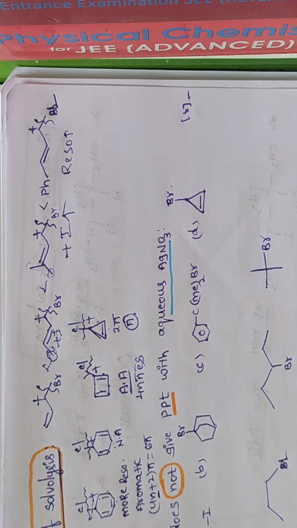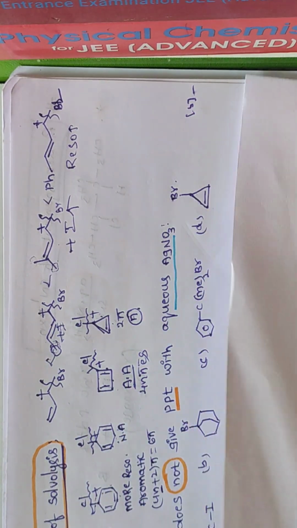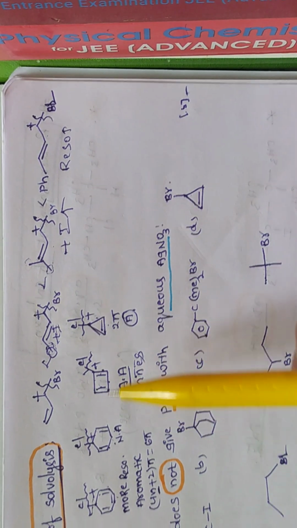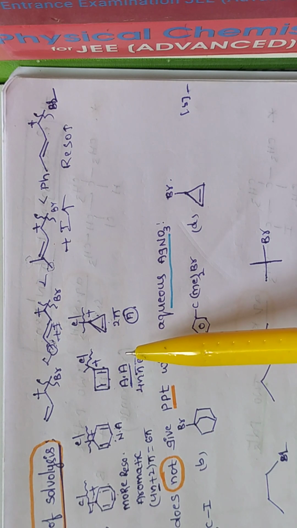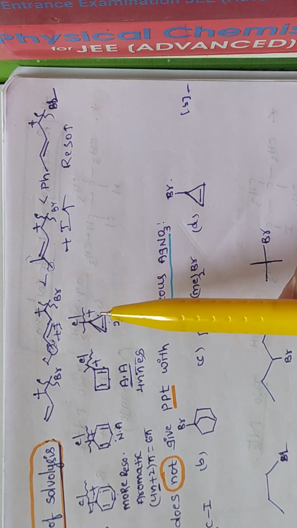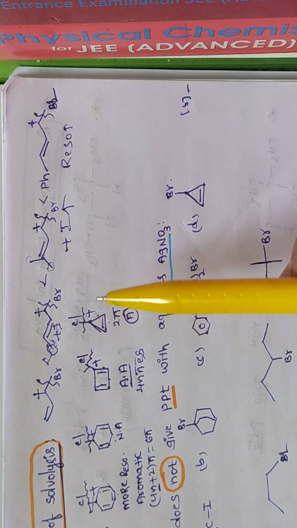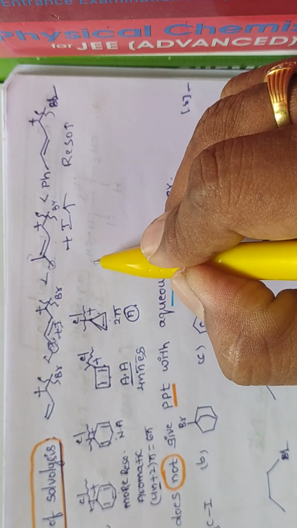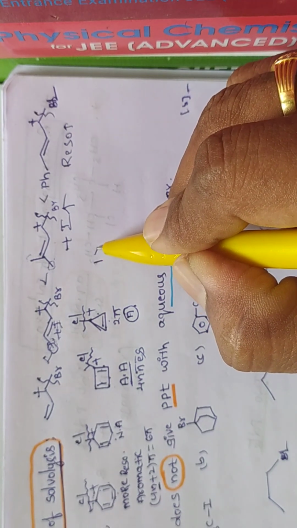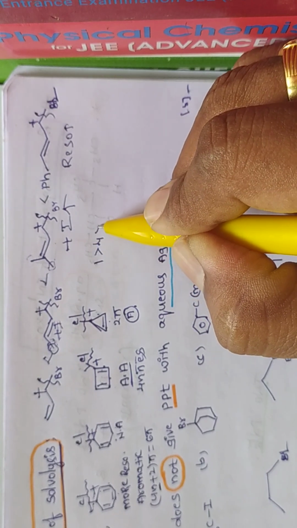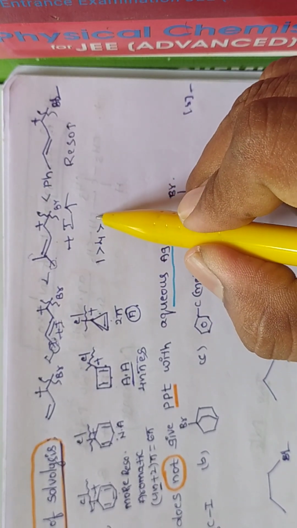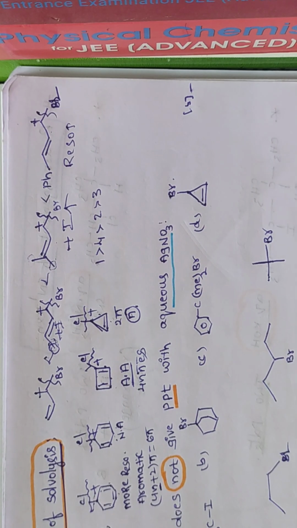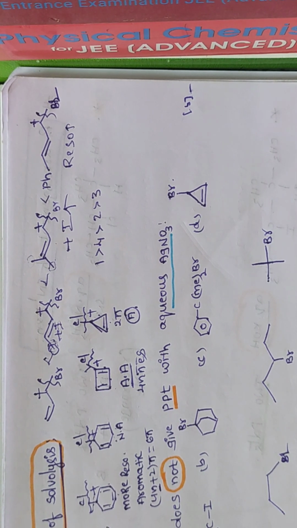Now already we know that aromatic compounds are more stable than non-aromatic compounds, and non-aromatic compounds are more stable than anti-aromatic. This compound is aromatic, and this compound is also aromatic. Which is more stable? The more the resonance, the more the stability. So the first compound has a more stable carbocation than the fourth compound, which is more stable than non-aromatic compounds, which are more stable than anti-aromatic compounds. This is the stability order for an SN1 reaction.